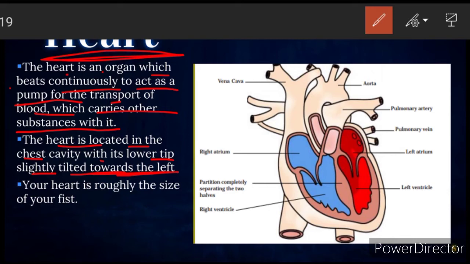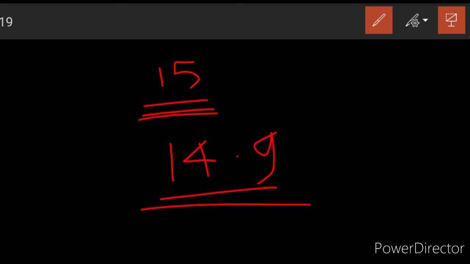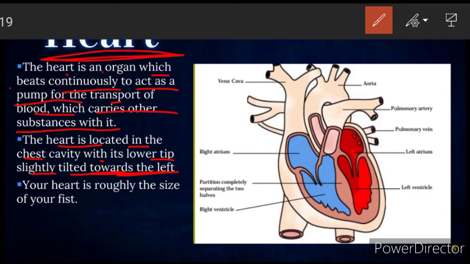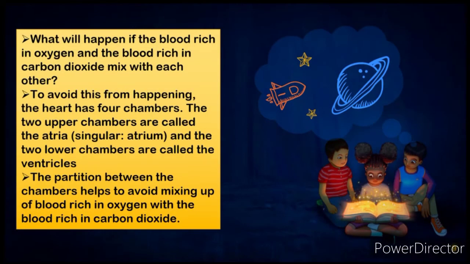Now guys, एक काम करो, take your hand now, just fold all your fingers inwards, means you have to make a fist. आपका फिस्ट कितना बना, just tell me. आपका फिस्ट जितना बना उतना ही साइज़ होता है एक हार्ट का, मीन्स उतना कंप्लीटली नहीं बट रफली we can say. रफली का क्या मतलब होता है, एक तरह से अगर किसी चीज़ का आंसर 15 है तो आप बोल सकते हो रफली उसका आंसर शायद 14.9 हो सकता है। सो ये रफली हुआ, मतलब कंप्लीट नहीं लेकिन उसके बहुत नज़दीक। उसी तरह हार्ट भी आपकी फिस्ट जैसा ही है, कंप्लीटली नहीं बट बहुत ज़्यादा नज़दीक उस साइज़ के।